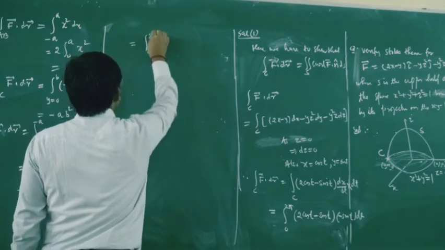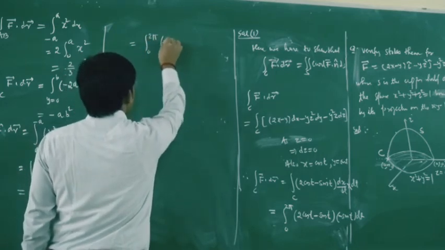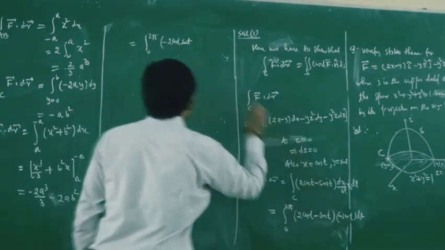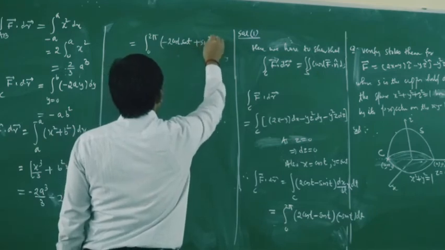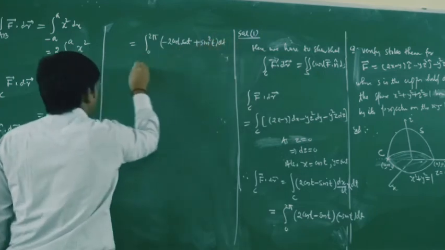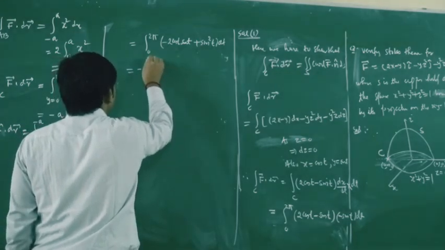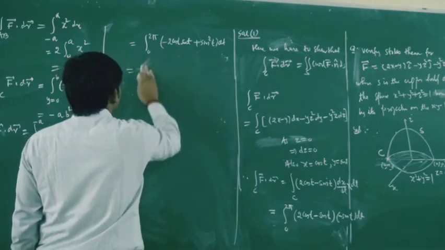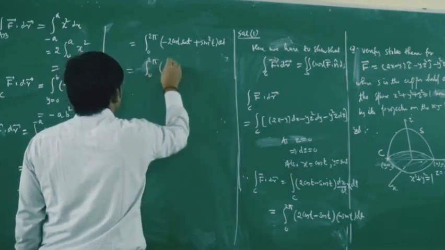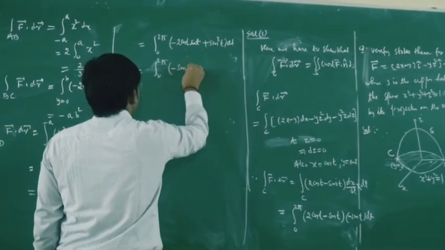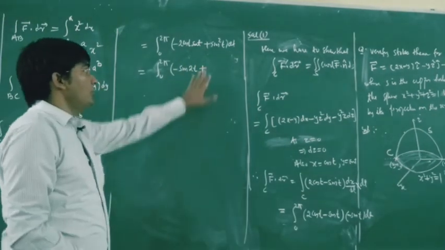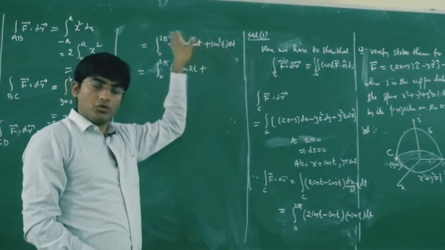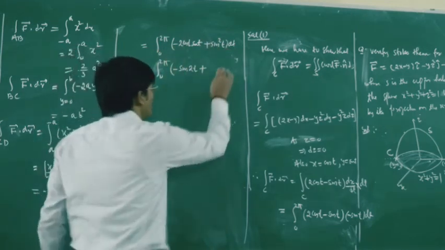So this is equal to the integral from 0 to 2 pi of minus 2 cos t sin t. This will be a minus minus plus, so plus sin² t into dt. Now 2 sin t cos t is sin 2t. So the first line integral will be equal to, this is your sin 2t. Now with the help of cos 2t, your cos 2t is 1 minus 2 sin² t, so your sin² t will be (1 minus cos 2t)